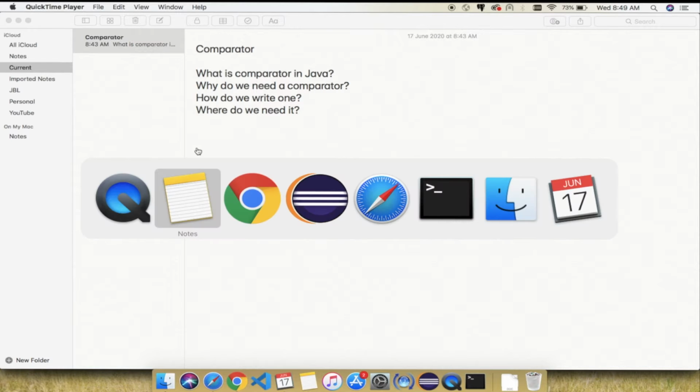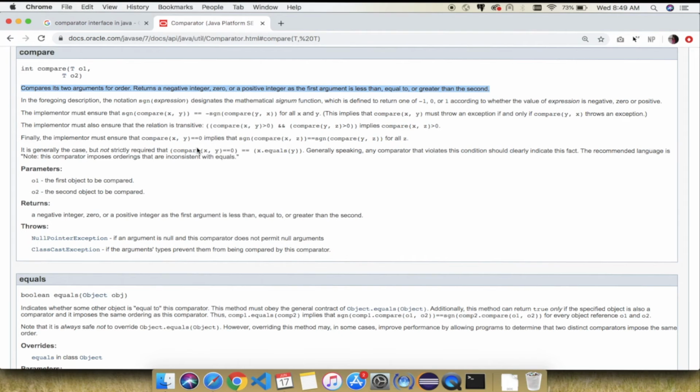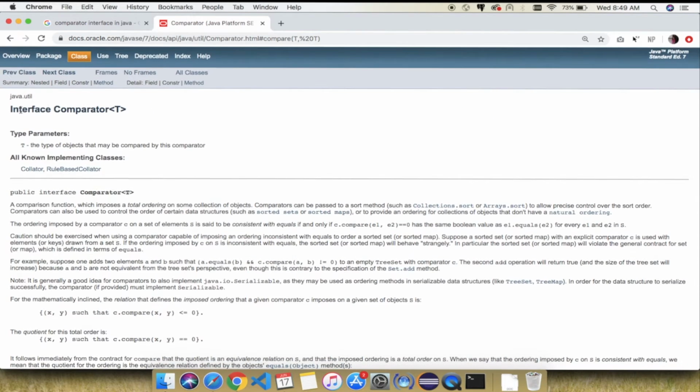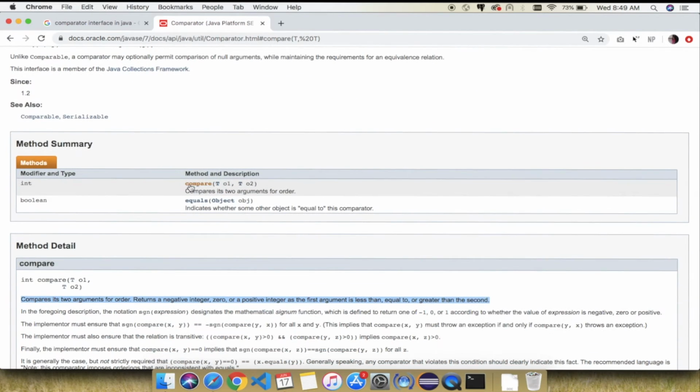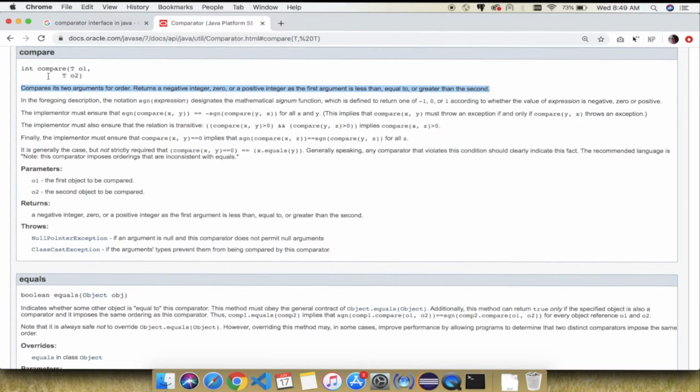So let's see in the Java docs itself what it says. It's a comparator and it gives logic. It gives a function named compare, which compares two objects of the same kind. The compare function compares two arguments for order, returns a negative integer, 0, or a positive integer as the first argument is less than, equal to, or greater than the